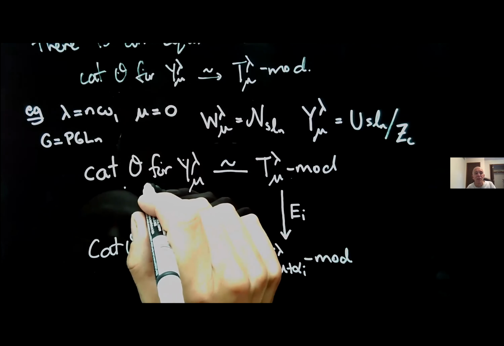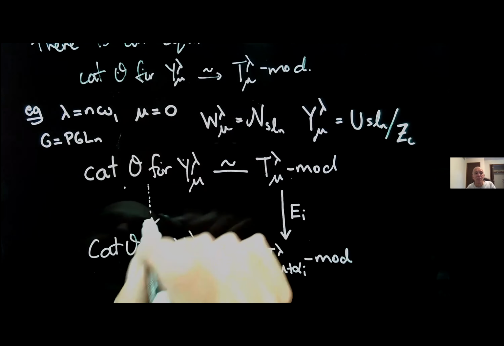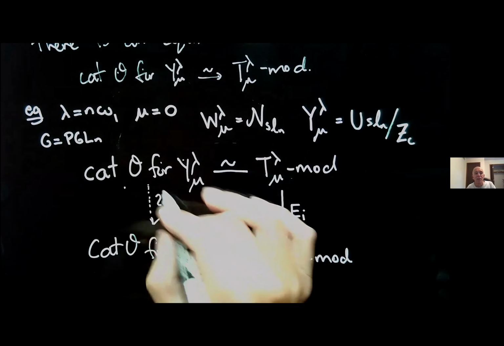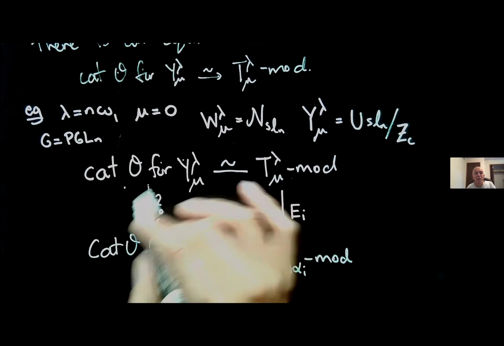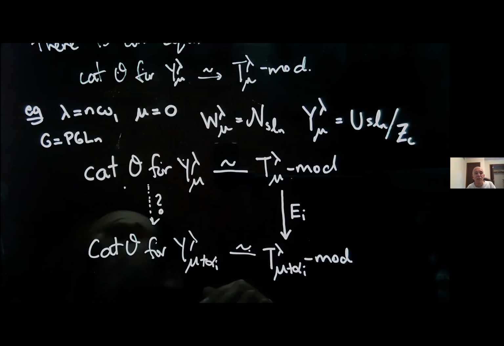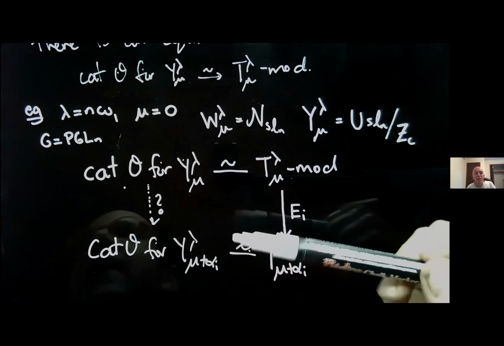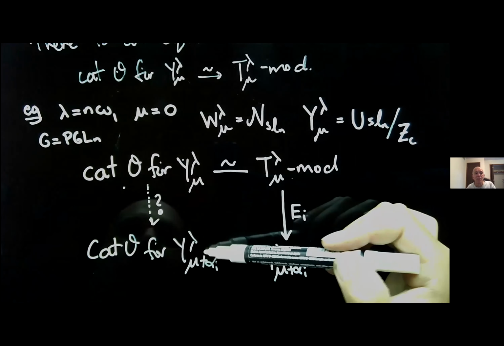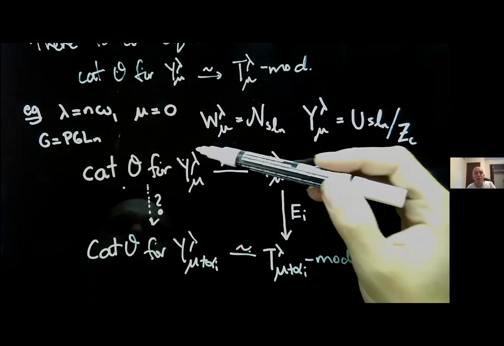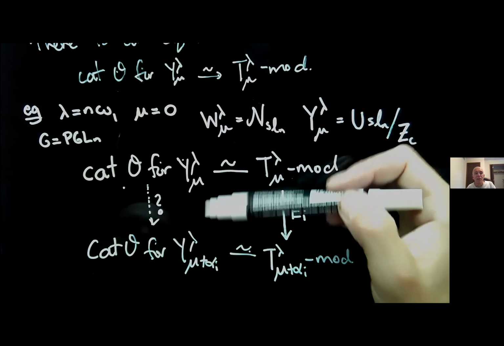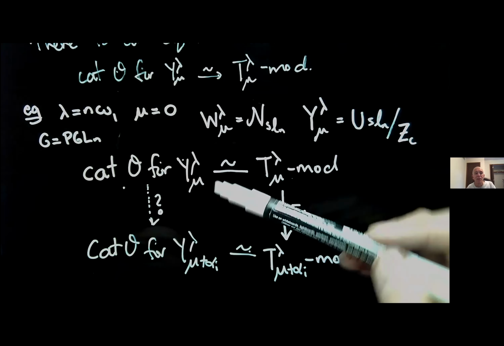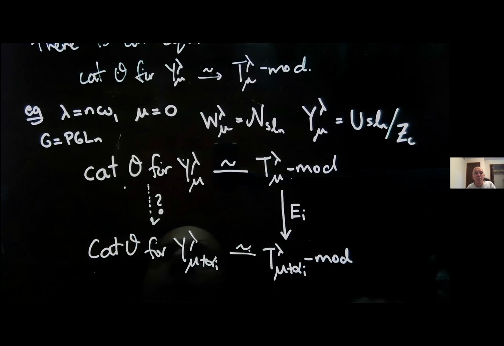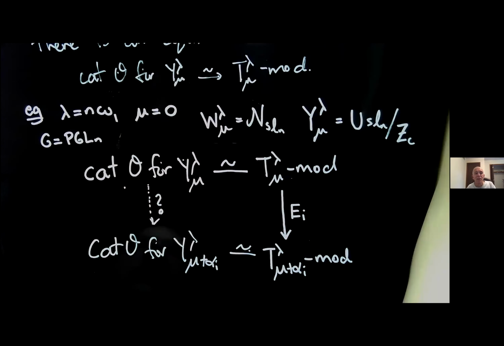So there must exist something which goes here, of course, because we have equivalences on top and bottom. But how can we give a description of this thing? What is this functor between these two category O's? That's the problem I want to address today. And maybe slightly more generally, how can we relate these algebras to these algebras, or even more, how can we relate these W lambda mu's to W lambda mu plus alpha_i's? Is there some natural relation between them? Okay, so that's the main problem to be discussed today.